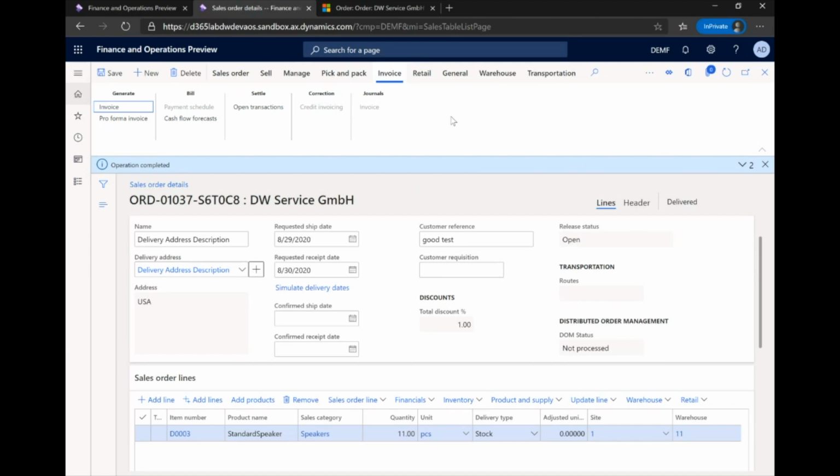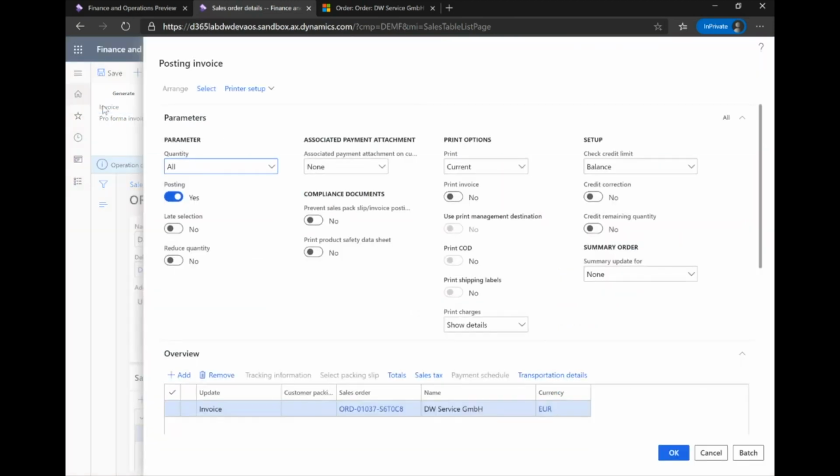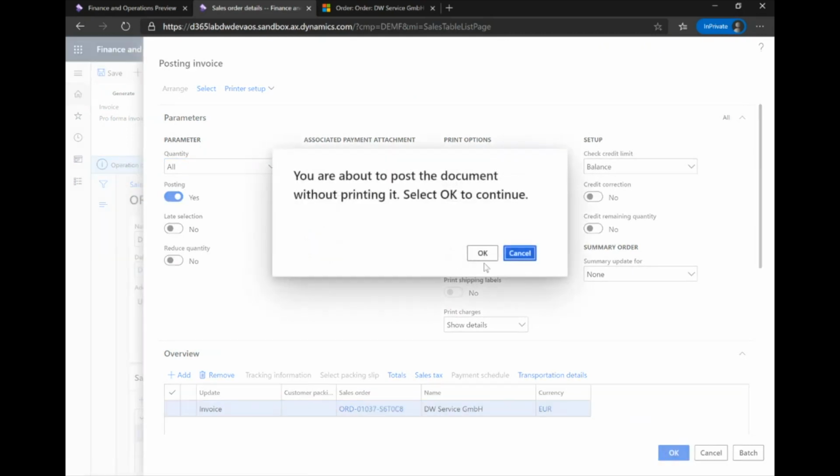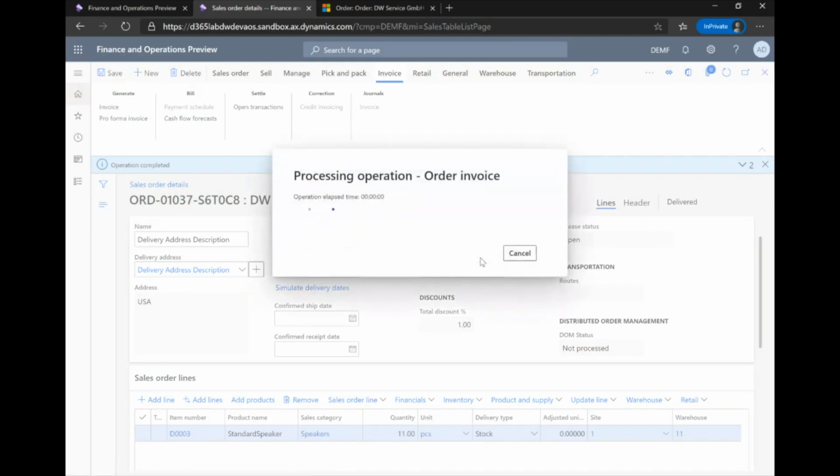So normally there would be a batch job at night, or we have a daily batch job, or we're trying to automate things. But in this case, I'm doing it manually. I'm clicking here to generate an invoice, so that invoice is going to be sent out to the customer, and